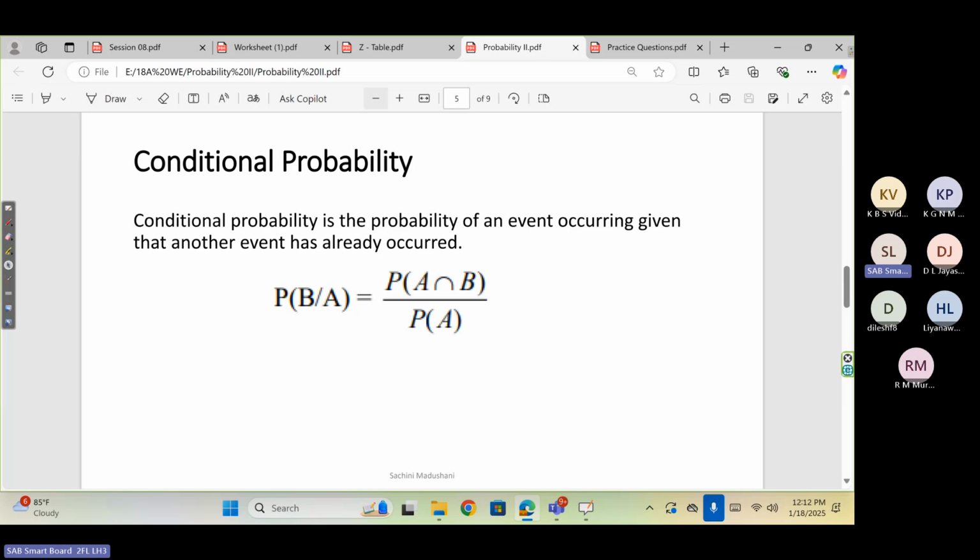Here, conditional probability means we discuss two events, but these two events do not occur together, do not occur simultaneously. It means